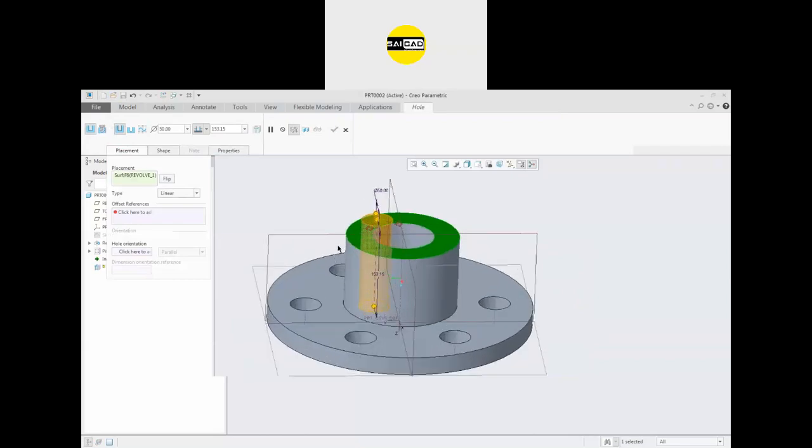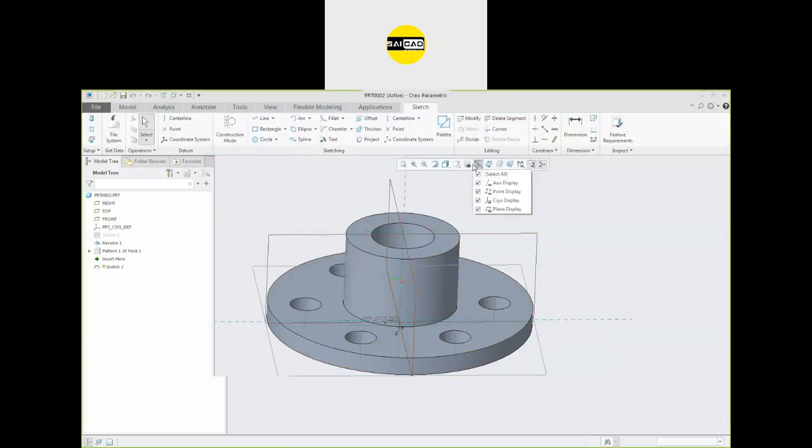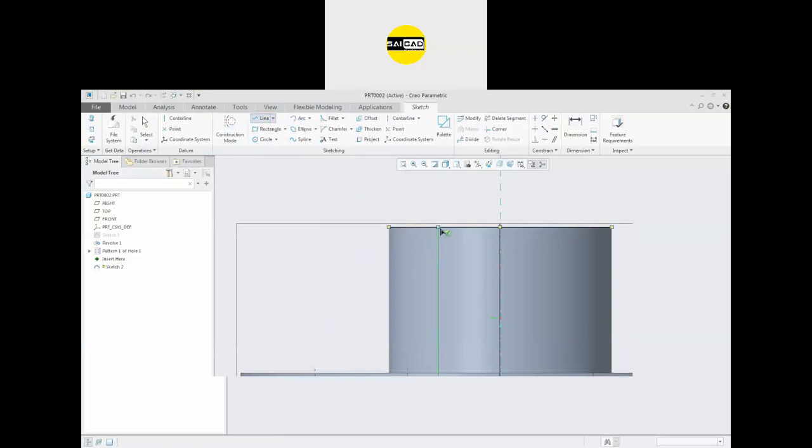Okay, in the hole command we have the incline option. In hole we can make it inclined according to the hole orientation. I thought you were asking about the extrude command. In hole, we have the option to make it inclined, like I want to incline it at an angle. So create an axis where you want to make it inclined.